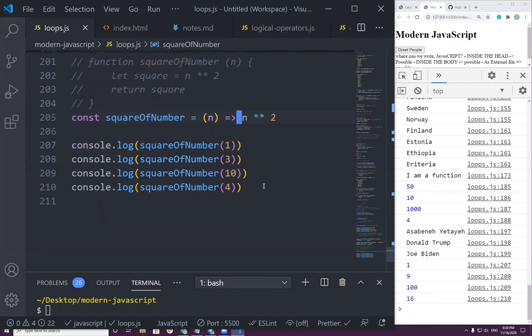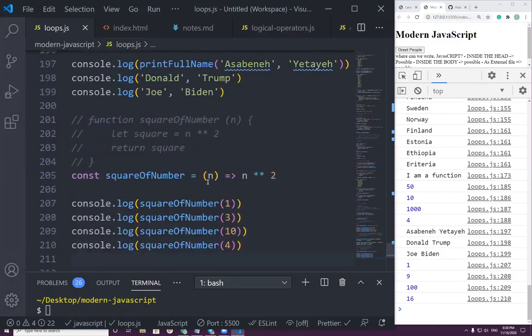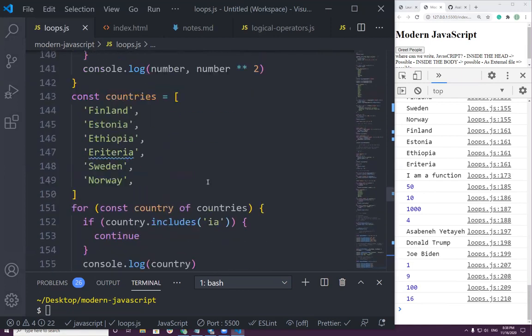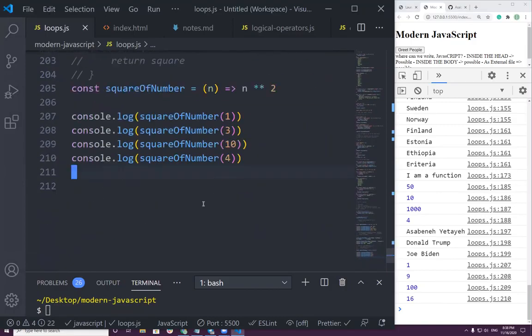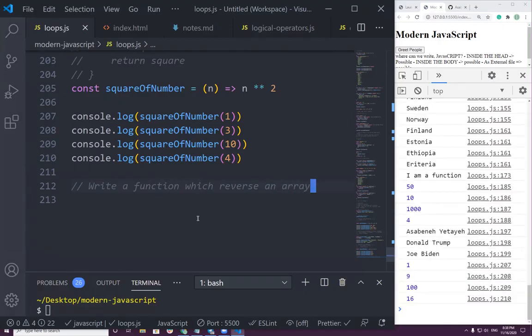Okay, now your task is going to be, I want you to write a function which reverses an array. Write a function which reverses an array. Actually, you already have the code, so